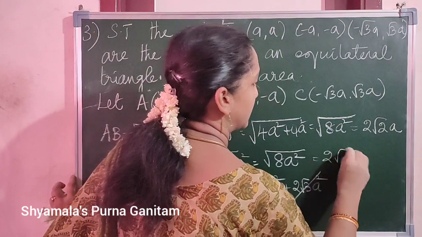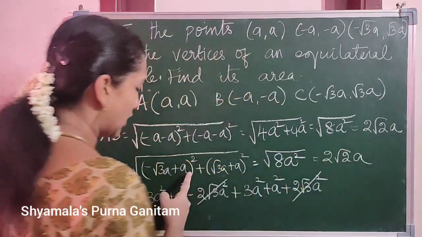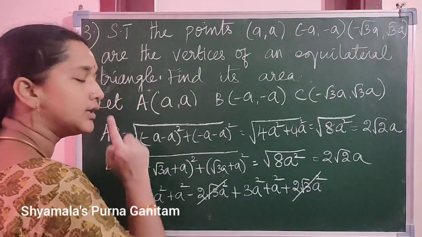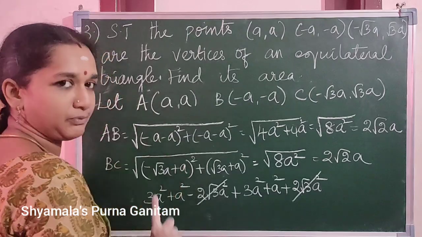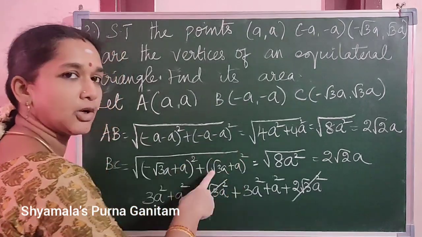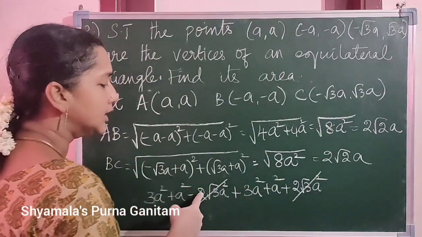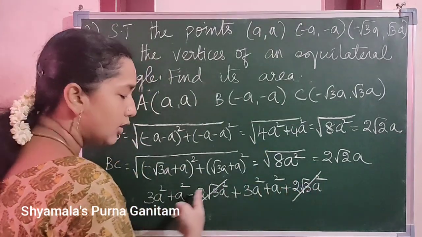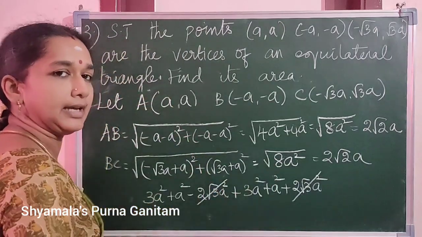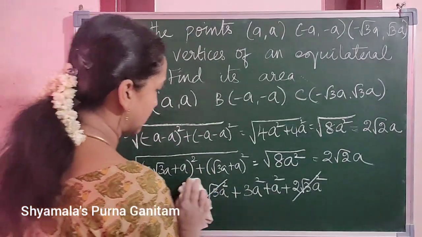When you simplify, you will get 2 root 2a. So, understood how we simplified this? It is simple: just the a plus b the whole squared formula. Here also the a plus b the whole squared formula. When we expand it using that formula, these two things will get cancelled. The remaining will be root of 8a squared. Okay. Then the next one is